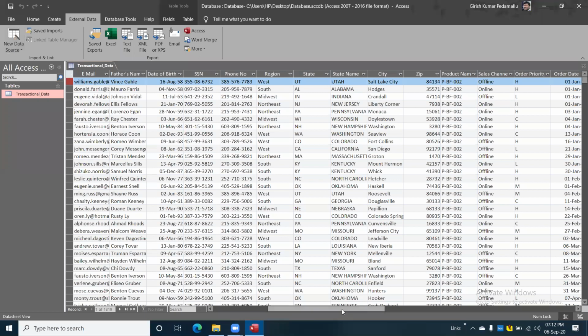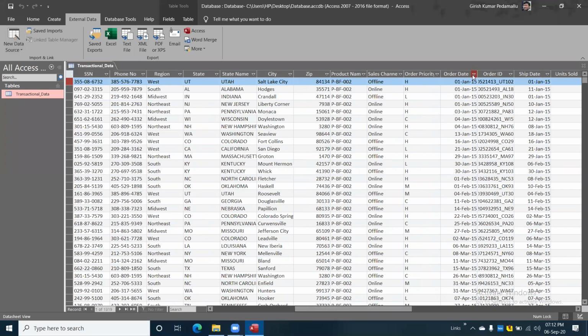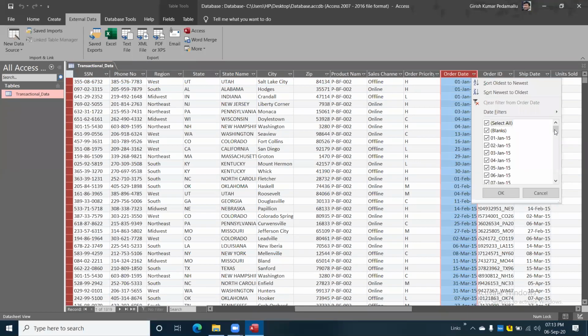Now, are you able to see my Access file? Sorry, I see an Excel logo also there. Can we directly click on Excel instead of going to new data source? That is export instead of import. This is an export option. See, there are two: this is the import and link group, and this is the export group. I'm selecting the order date. See here, all the records are related to 2015 only.